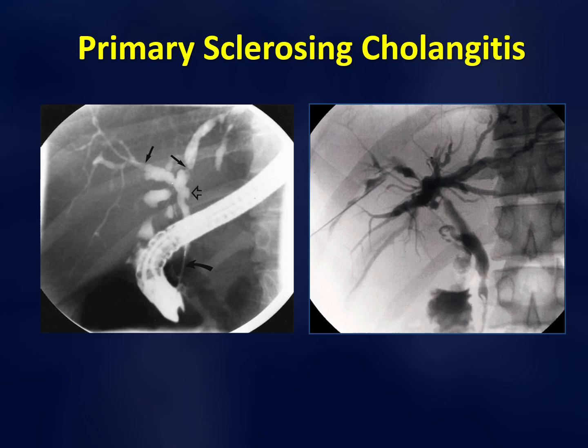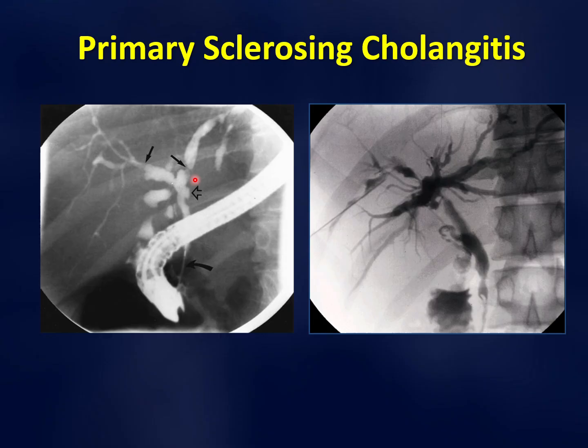This slide shows you what primary sclerosing cholangitis looks like at ERCP. ERCP is when we go through the mouth and inject dye into the biliary tree and take an abdominal radiograph, and you see a succession of stenosis and dilatation, and there's a budding of the biliary tree. So it's a chronic inflammatory condition of the biliary tree, which is really found more associated with ulcerative